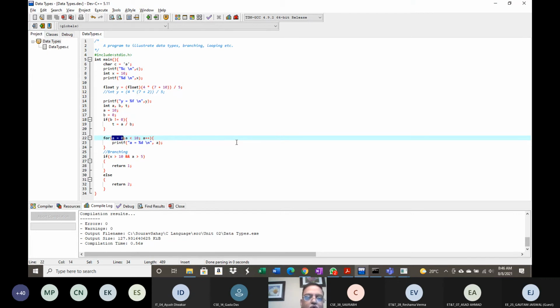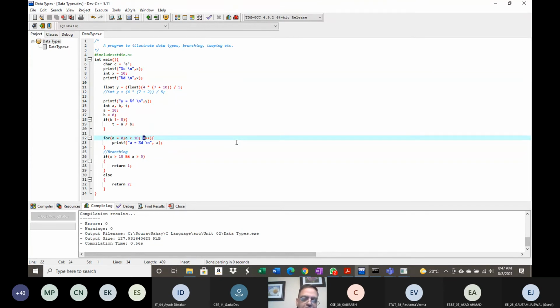Basically we want to loop over something, so we initialize this over here, and this is our guard condition. As long as a is less than 10, you continue. So you initialize a to 0 and continue as long as a is less than 10.